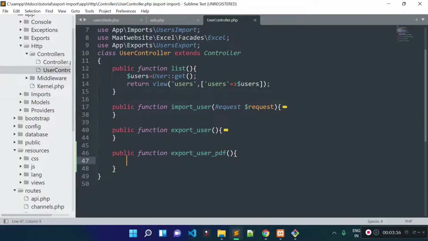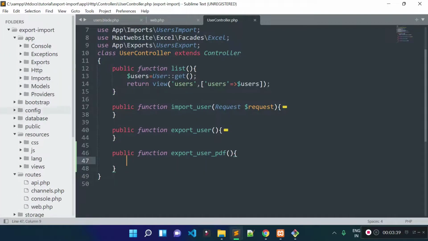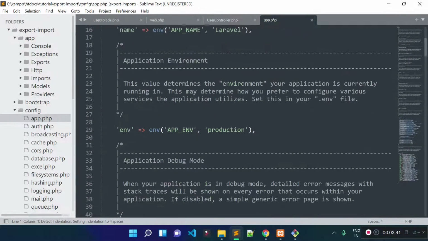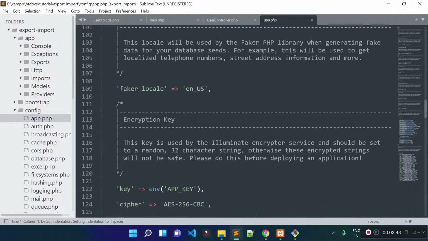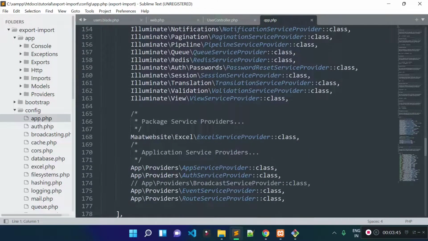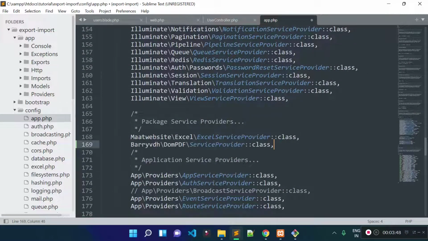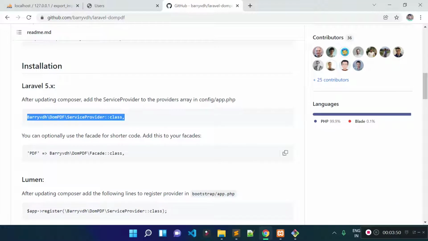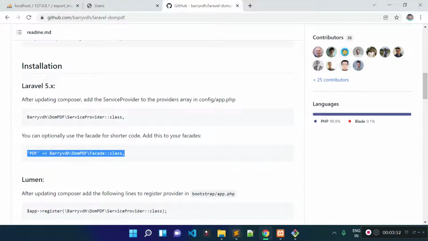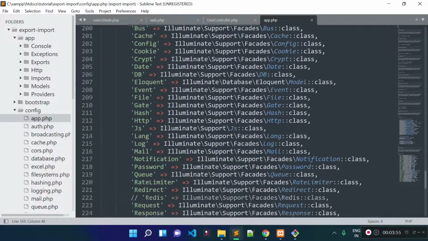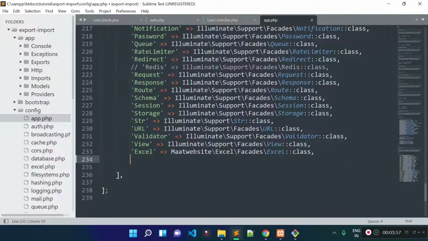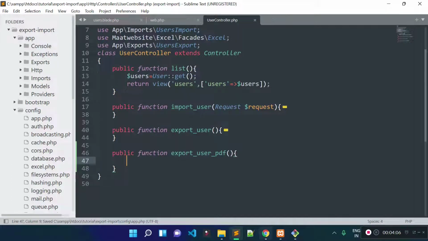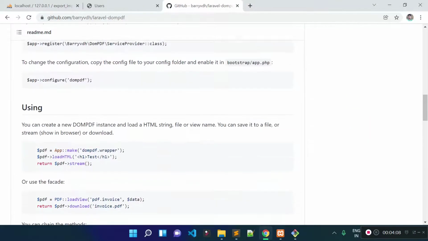So let's open our app.php file which is under the config folder, and let's add these lines of code inside this providers array, and then let's add these lines of code inside our aliases array, so that we can use this PDF facade. Okay, save this file.